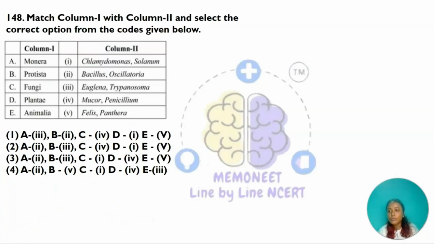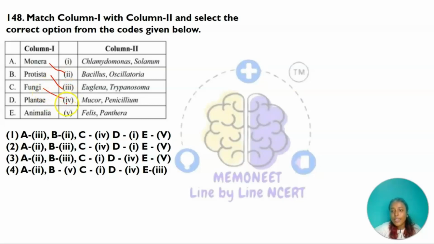Let's move on to the next one. Match the column 1 and column 2 and select the correct option from the given codes below. Column 1 has the different kingdoms, and column 2 has the examples for the given kingdoms. Okay, so Monera is the bacterial kingdom, for which the examples will be Bacillus and Oscillatoria. Protista is the kingdom in which we can find Euglena and Trypanosoma,